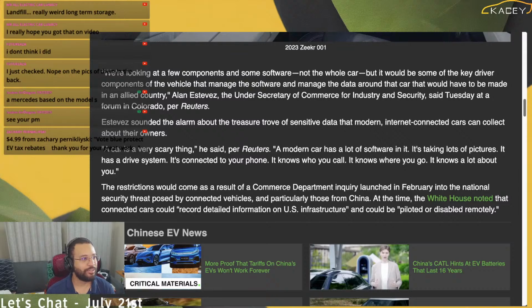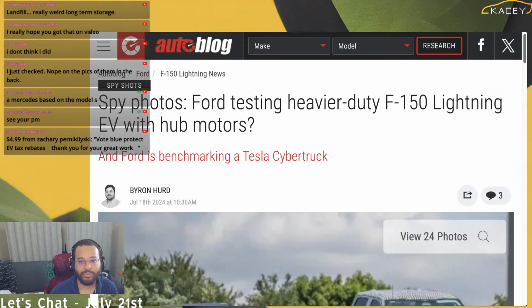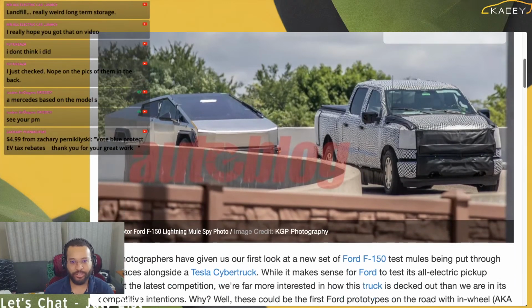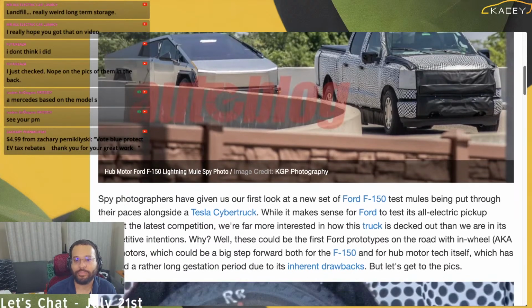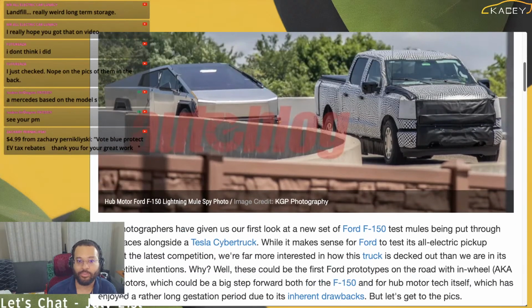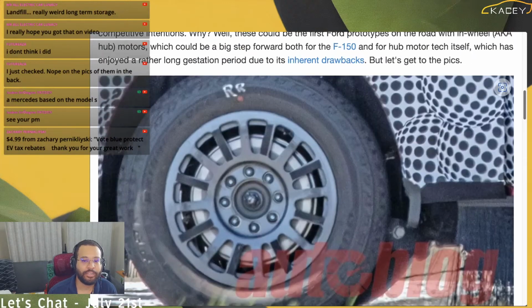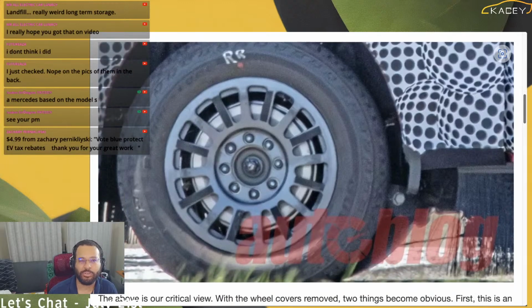So then we've got, oh, it opened in the wrong window. Of course it did. Let's move this to not the last active tab, but to the Chinese restriction window. So, spy photos. Ford is testing a heavier duty F-150 Lightning EV with hub motors, possibly. And that's what we were talking about with Brian earlier. I do believe they are testing something to more readily compete with the Cybertruck as far as specs, but I don't know that we're going to get actual hub motors.